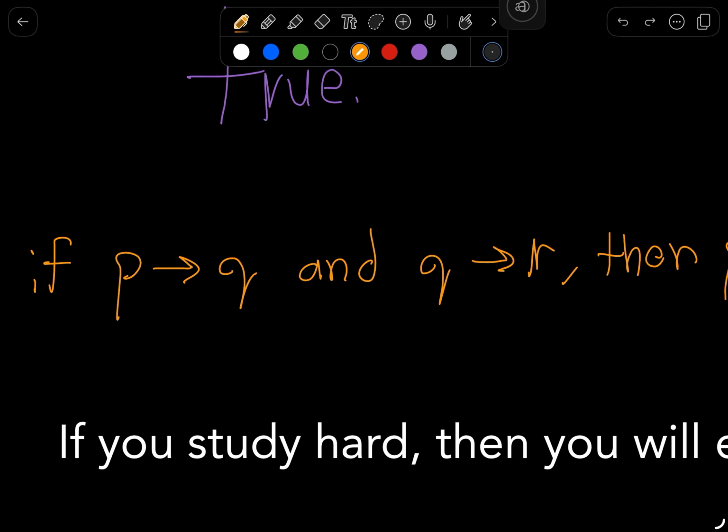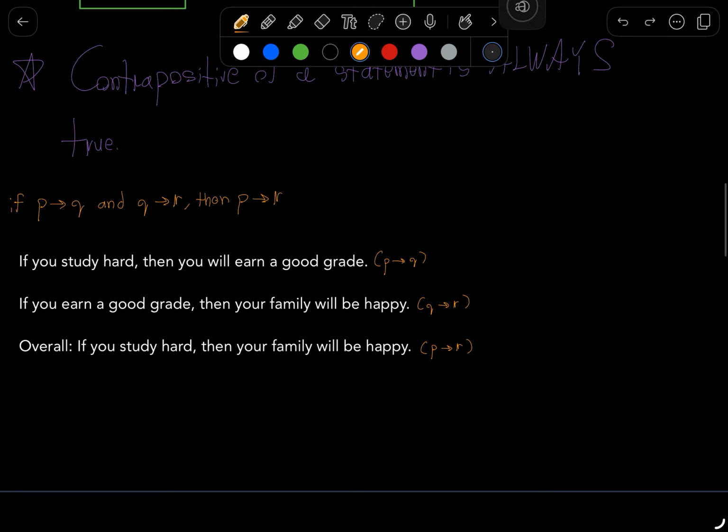Think of it almost like, I know in a previous lesson, or in a future lesson, we're going to go over transitive and substitution properties. But again, if P goes to Q and Q goes to R, you can logically say that P goes to R. Now, why is that important? Well,